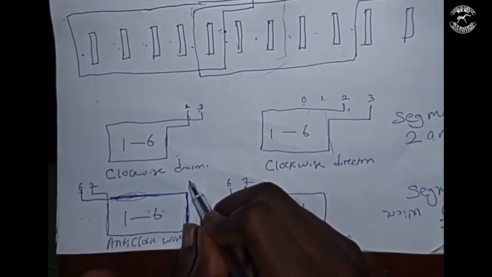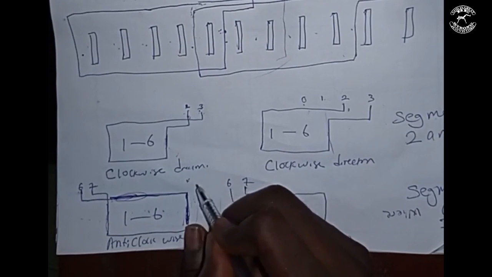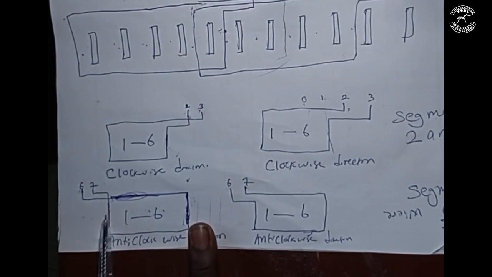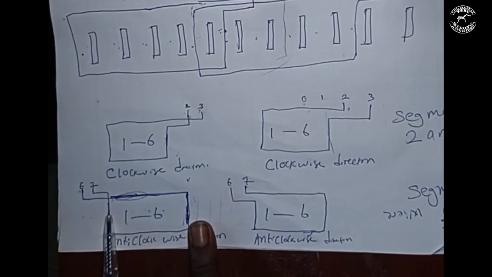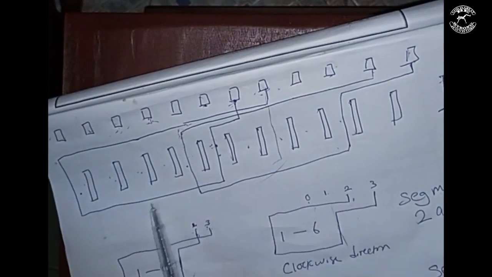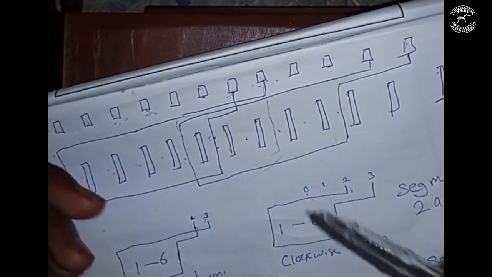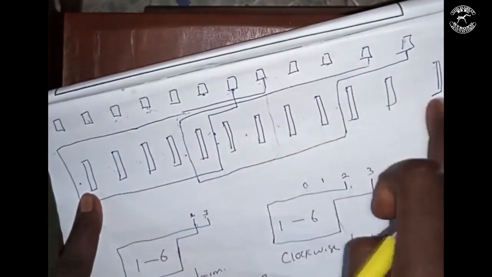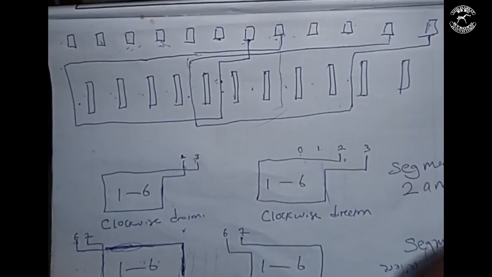If the segment here is 1, the 6th segment will be the one behind the pitch, behind here. The 6th segment will be the one behind here, and this is for a 12 slot armature, because we also have a 24 segment, 12 slot armature. That is, the segments are double the number of slots here. I will still show you how that one is done. This is not that hard, but I will show you the diagram